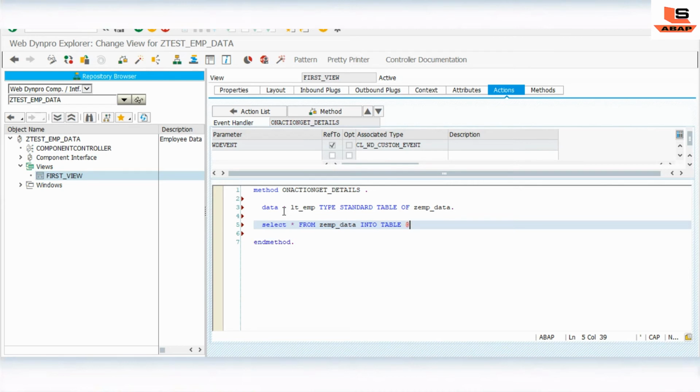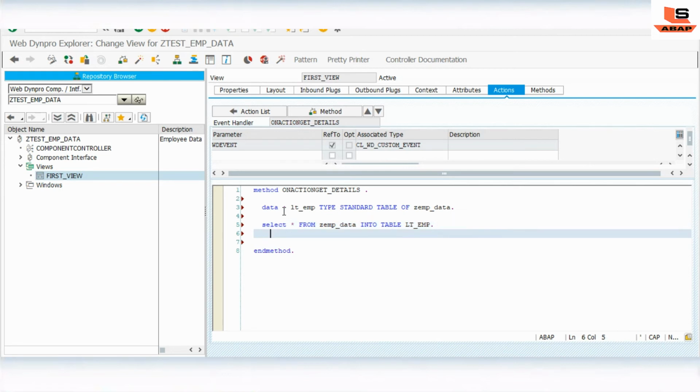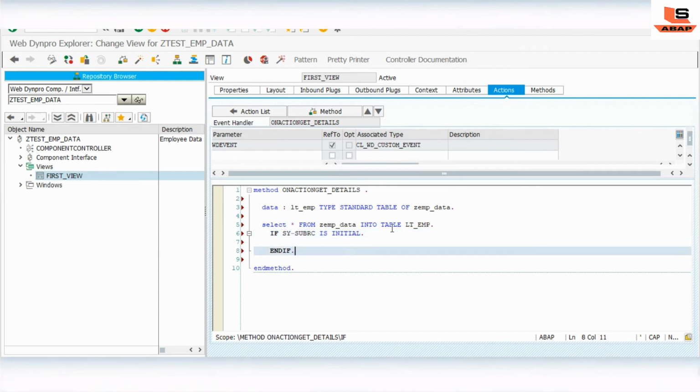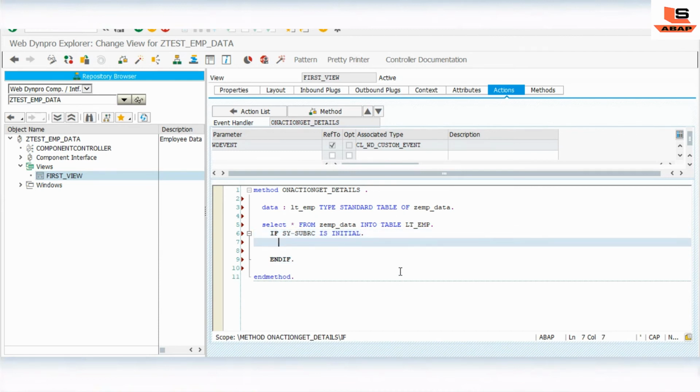LTEMP. Then, if sy-subrc is initial, I'm not giving any where condition. I'm just selecting all the data we have in our custom table. Then sort LTEMP by emp id, which is a field.